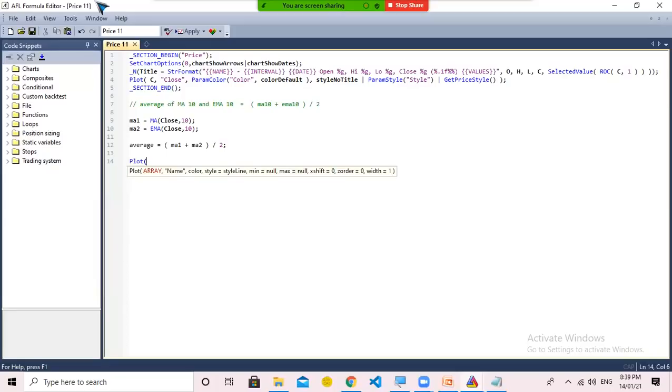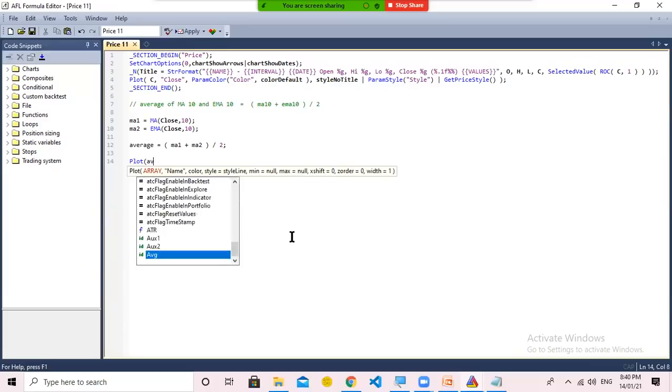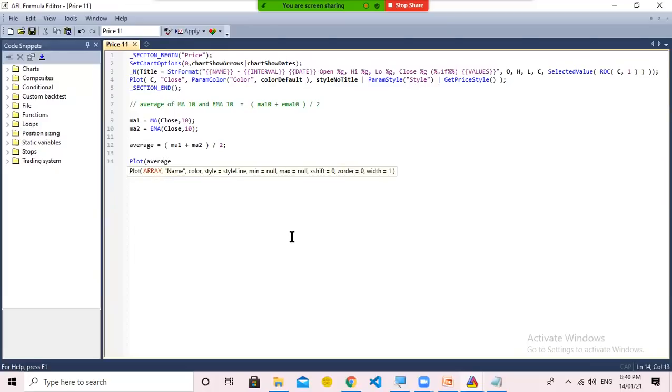Now it is asking for some inputs. What we want to plot here. So in array, what we are going to plot is this average. So in first field we define average, comma, it is asking to add a name.